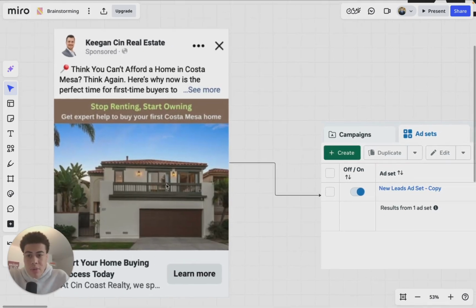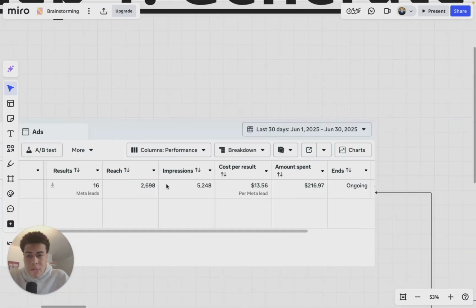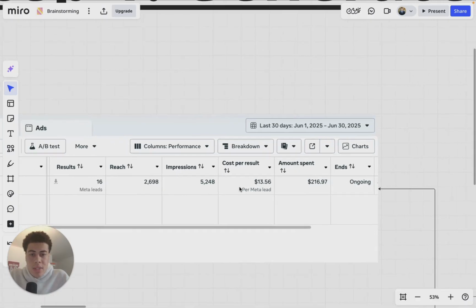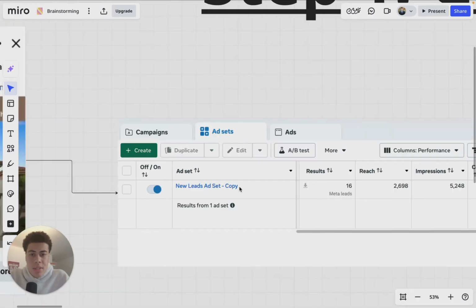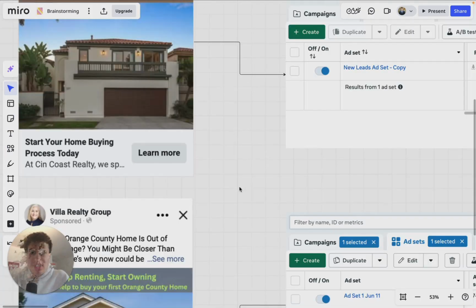You want to go ahead and launch that ad, and if you look at your metrics, you should be shooting for ideally a cost per result, in this case cost per lead, of under $10. So as you can see, this is at $13. That's okay. You want to be constantly testing new ads. So if you go to